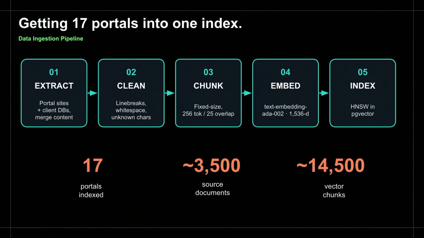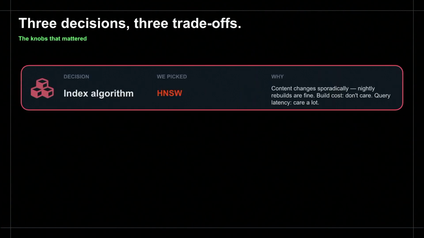And generally, this is not a lot of data. That's why pgvector is the best fit here. As I mentioned before, using ClickHouse for such a small amount of data just isn't worth it and will increase the costs. So there are 3 knobs we had to set, and each with a real trade-off.